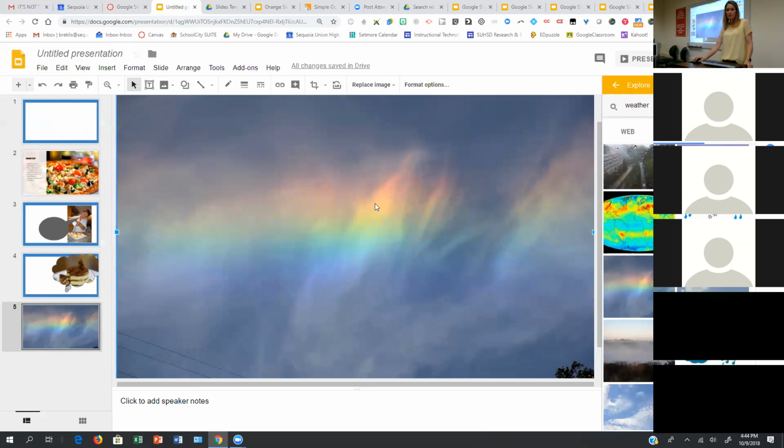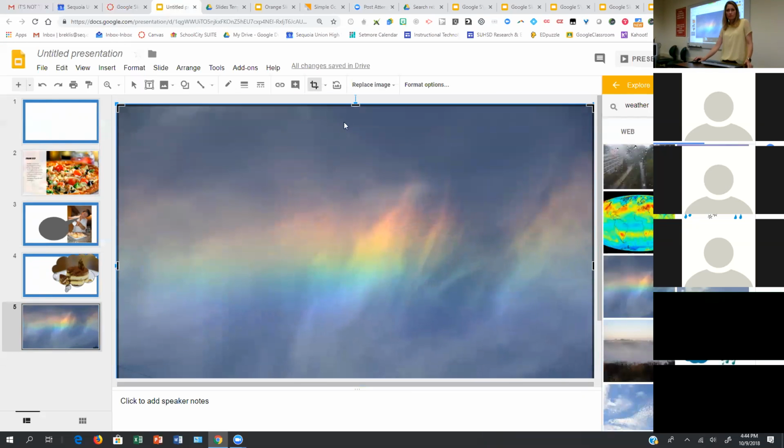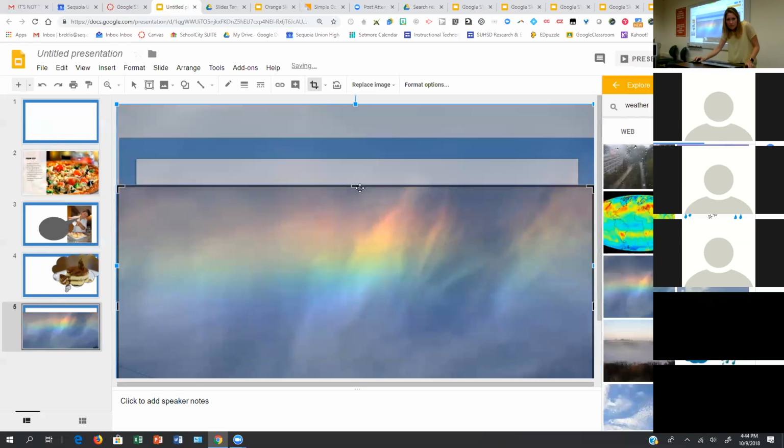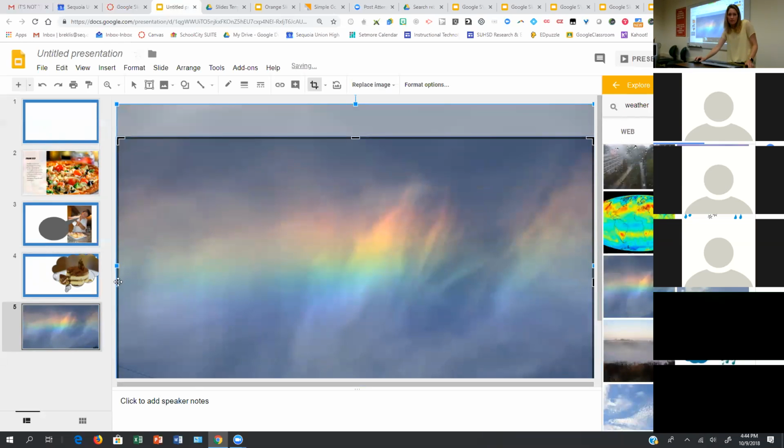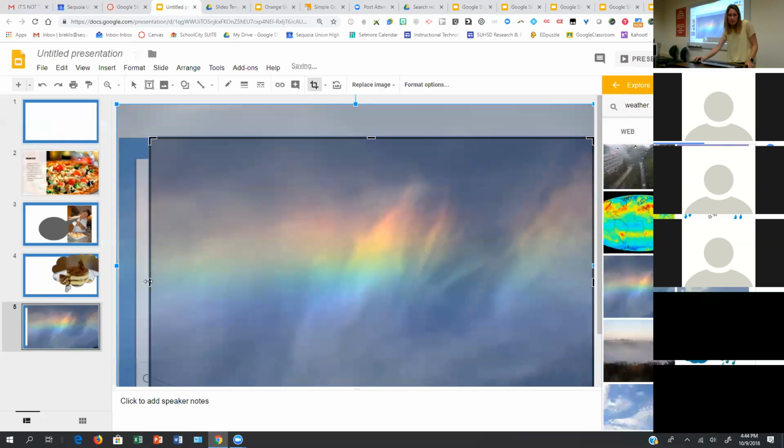So I'm going to click on the image again, and this time I'm just going to click crop image. If I go up to the top, notice that it's not just a blue outline, now there's also the black outline. That shows you that you're in cropping. I'm going to go here and I'm going to pull down a little bar just so I can see where I am. I'm going to move it there. And I'm going to do the same thing over here. Let's see. All right, that was pretty much where I wanted it anyway.